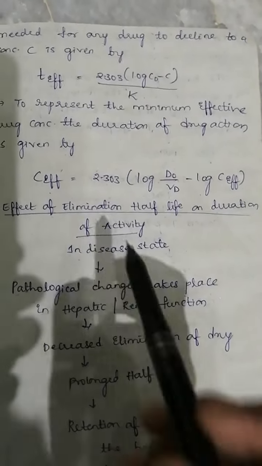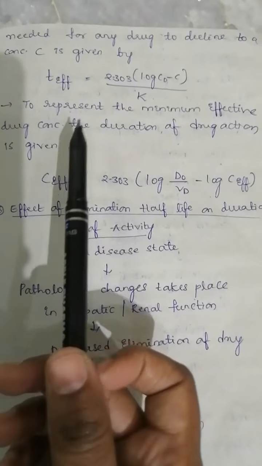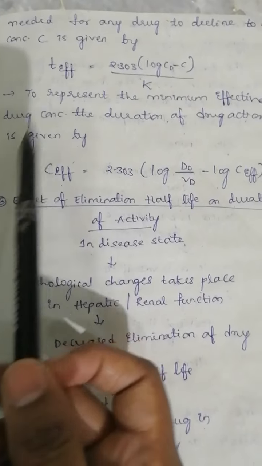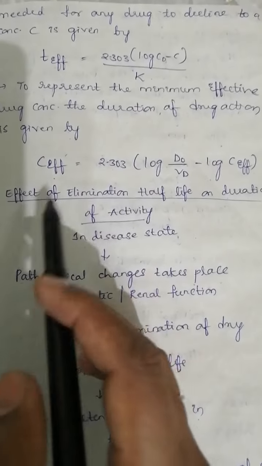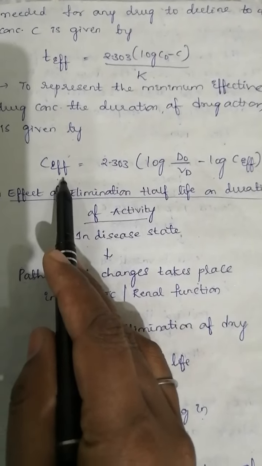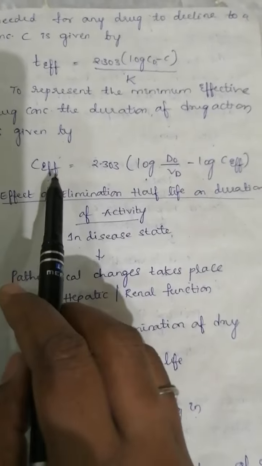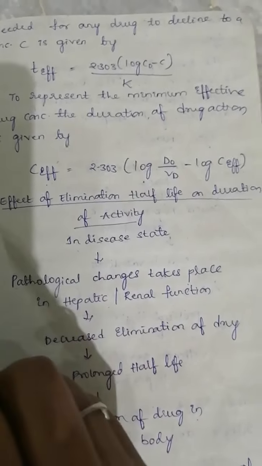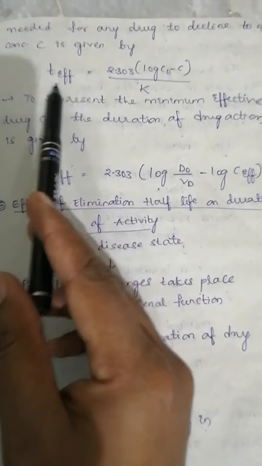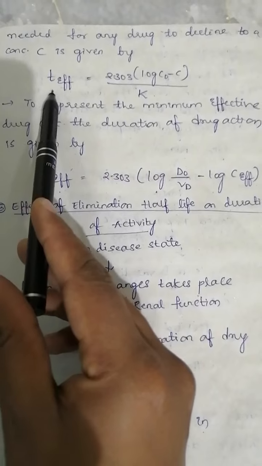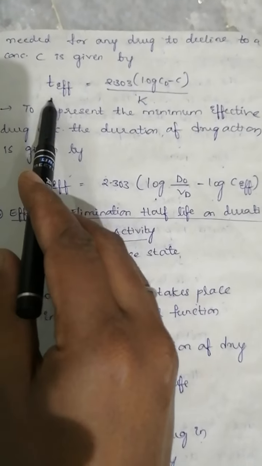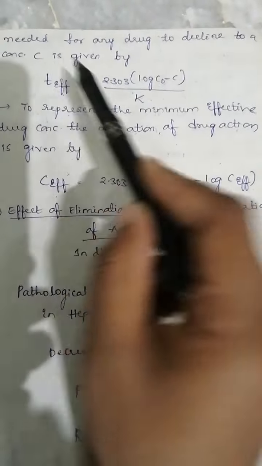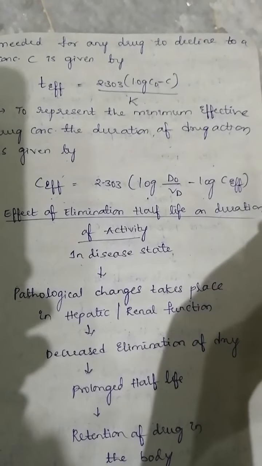So we are just giving the equations for the time taken for the drug to reach the effective concentration of the drug. Okay, so that is given by this equation. These are only the general equations which are going to represent that. So this will explain your dose and duration of activity. So T effective is the effective time taken by the drug to reach a particular concentration. So here it is showing the duration of activity, and also here C effective is showing your dose.